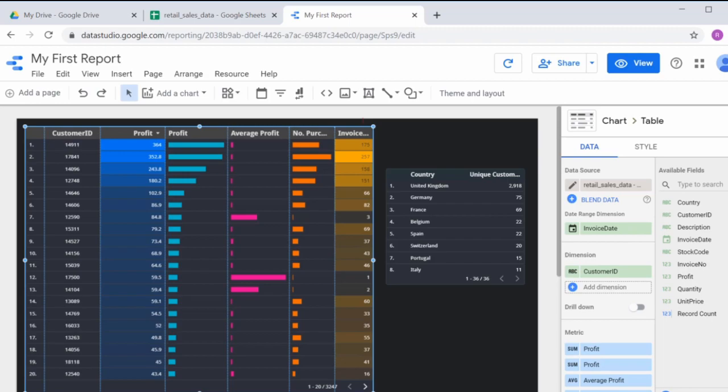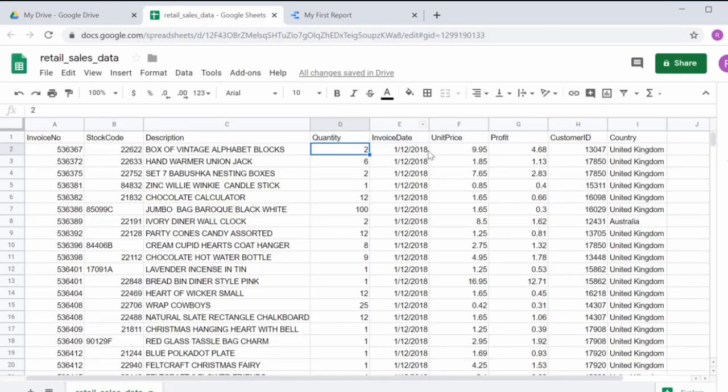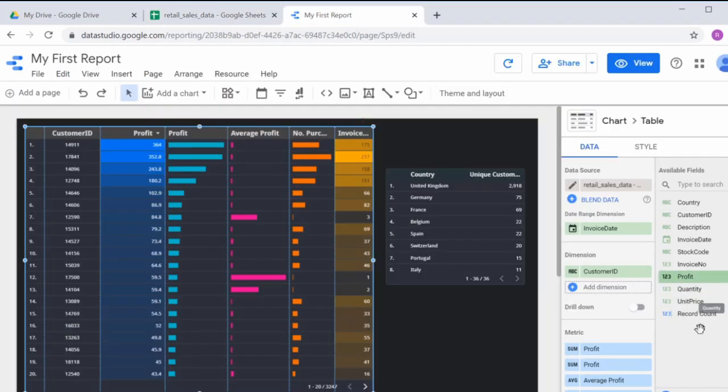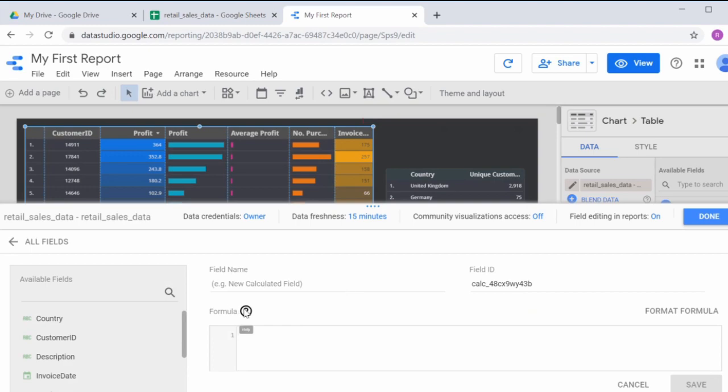So let's add a new field here that gives us the total profit per sale. As you can see in our data set here, in our sheet, we have the invoice, we have how many of the item were purchased, we have a unit price and profit, but we don't actually have total profit or even total sale price. So in fact, let's add both of those fields here. Let's call this one total sale first, and that's going to be quite simply the quantity of the item